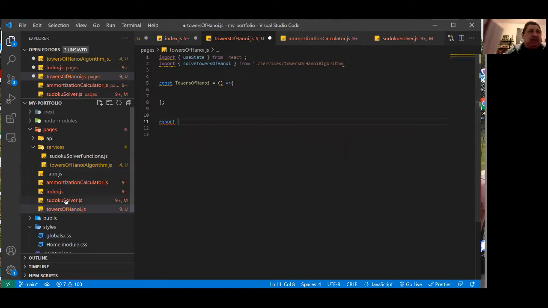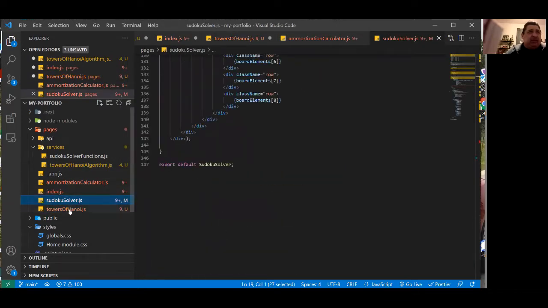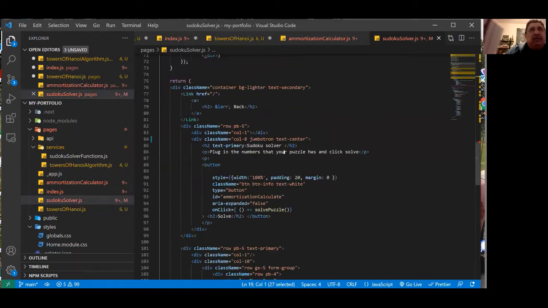Do we have to say default? I think we do have to say default, don't we? Yeah, it is default because it's got the same name. Default Towers of Hanoi. And so here we are. And the first thing we want to do, we want to have something showing. How do we do something like this? A bunch of divs. We want to just show something